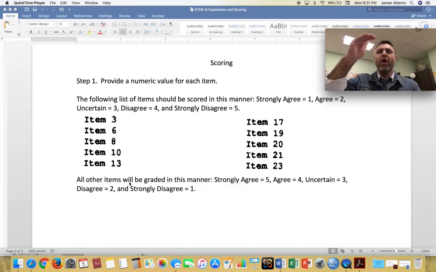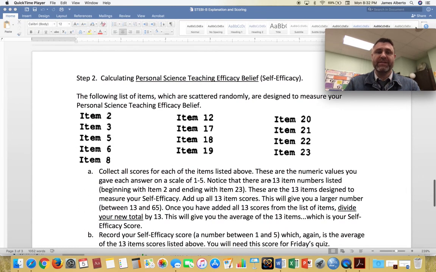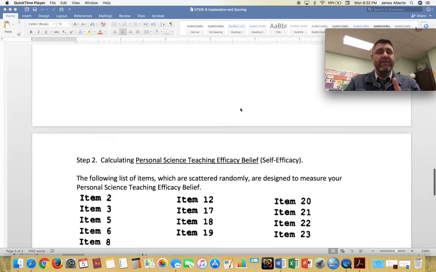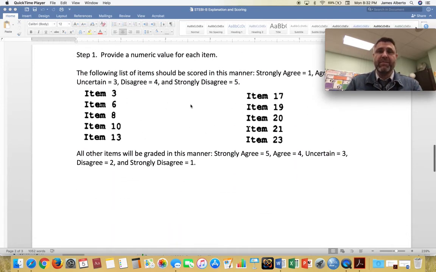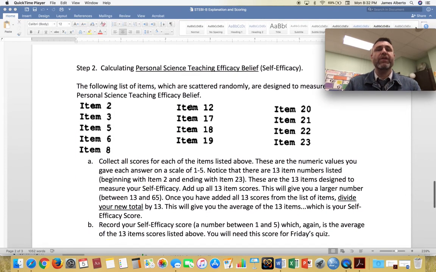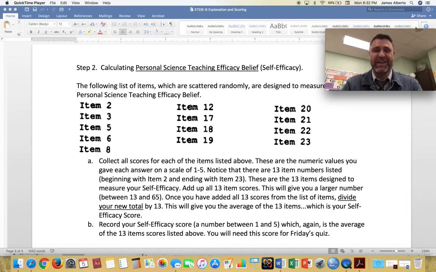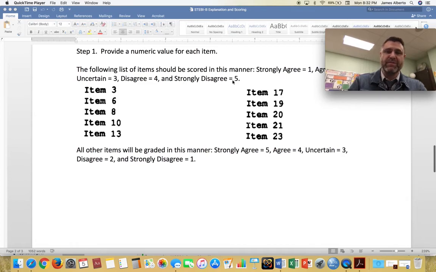Then you'll do all the other items, which is another 13 of them, on a scale of 5 to 1. So you just reverse the numbers. Once you've done that, then you should move on to step 2. If you don't do both of these things before you move on to step 2, you will be seriously confused and your numbers will come out wrong. So it's important that you do this part first, then do this part, and then you're ready to move on